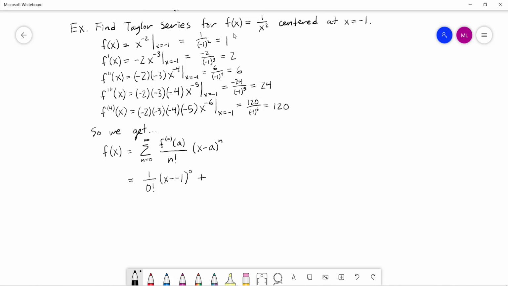The next term will be plus, we now need f prime of a. So we already did f prime of a. It was 2 when we evaluated it at negative 1. So 2 over, in this case, 1 factorial, because we're doing n equals 1, times x minus negative 1 to the first power, plus the next one is going to be 6, that's my f double prime